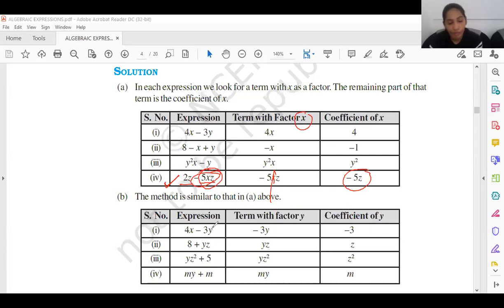Now in this one, first write down the terms with y. So this is the term with y. What is the coefficient of y? Cut it down, you will get minus 3. Coefficient of yz: cut down y, and you will directly get the coefficient. What you have to do, in broad terms, because time is getting over: if you are going to find the coefficient only, you have to cut down the term whose coefficient is asked in the question.